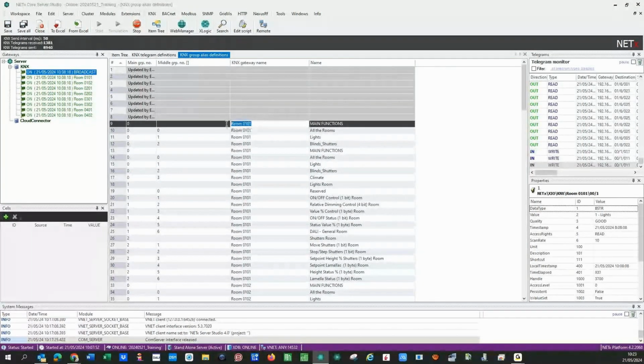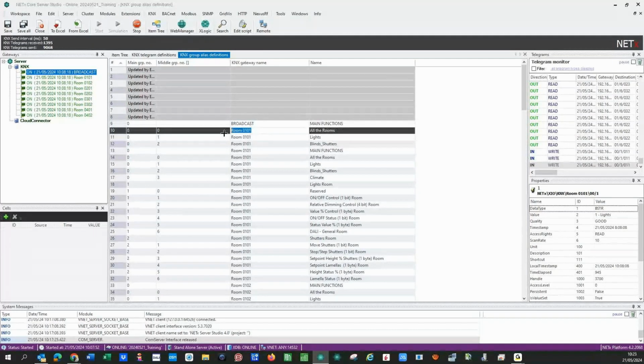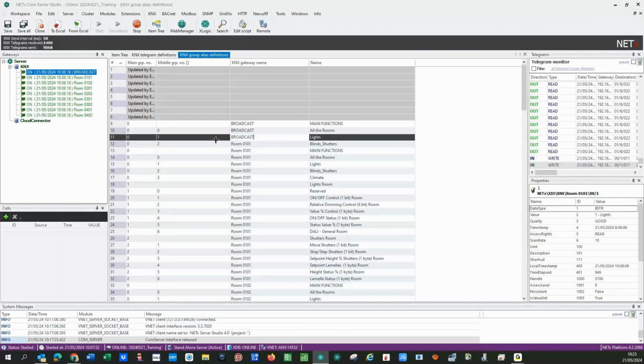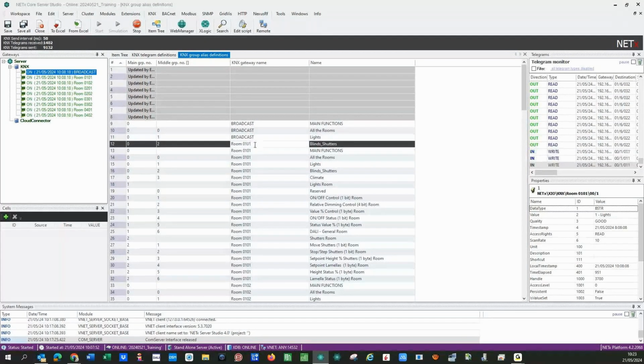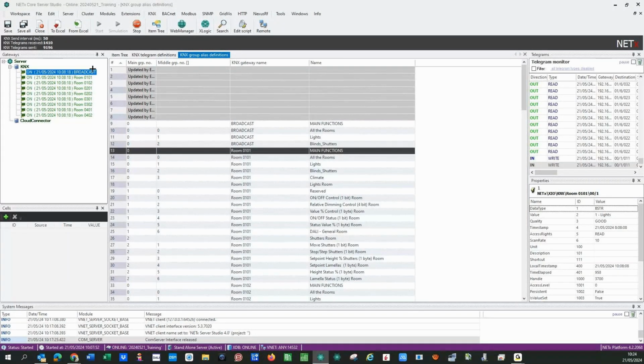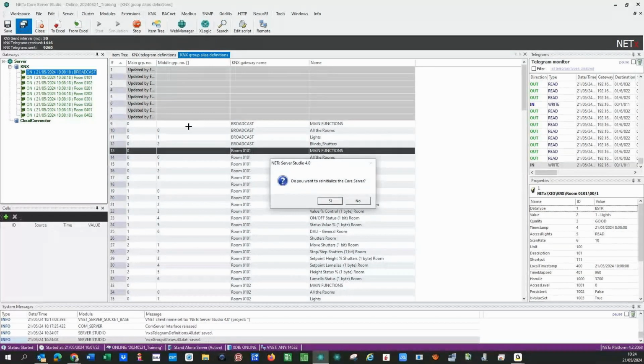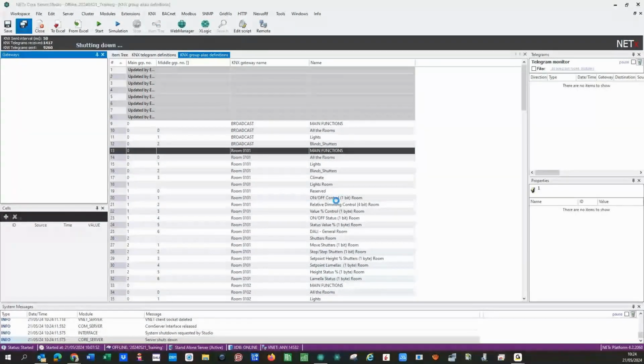I will show you afterwards, because we need to have the name of the main address and the group address, main and intermediate group address for this. So I will do this. Okay. And save all. That is forcing me to restart the server again, and you will see the result, and we can finish this first